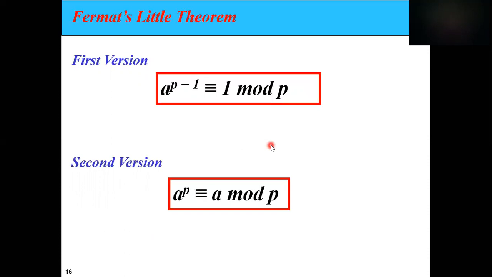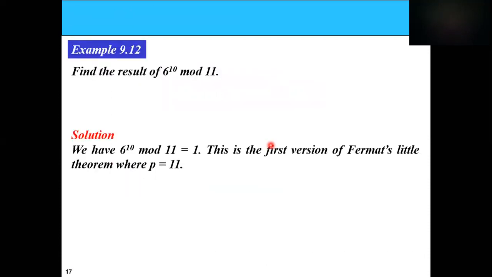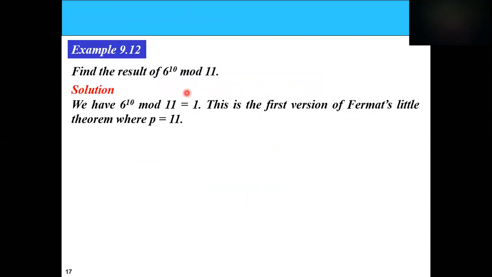And moreover, these are quite useful while calculating the inverse in modulo classes. So find the result of 6 to the power 10 mod 11. In that case, if you look over here, the first version of Fermat's little theorem applies. P is 11. The GCD of 6 and 11 is 1, and 6 to the power 10 mod 11 is always 1,